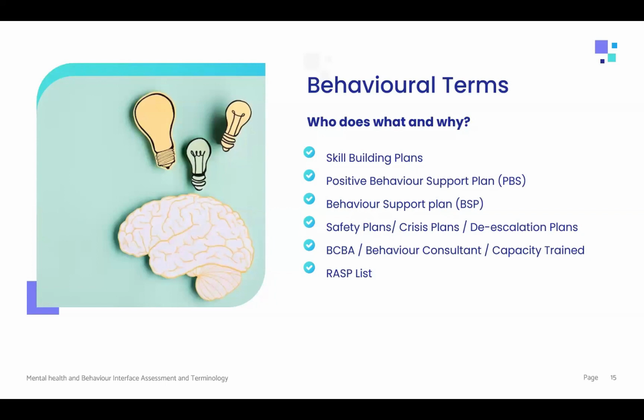Briefly, the plan's purpose is to improve the quality of life of the individual it seeks to support. Generally, the plan will describe the results of an assessment, a brief background of the individual, including diagnoses, biopsychosocial histories, their likes, dislikes, strengths, sensory sensitivity, communication, social and emotional regulation skills,